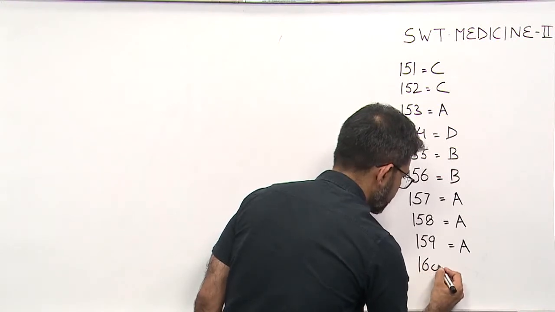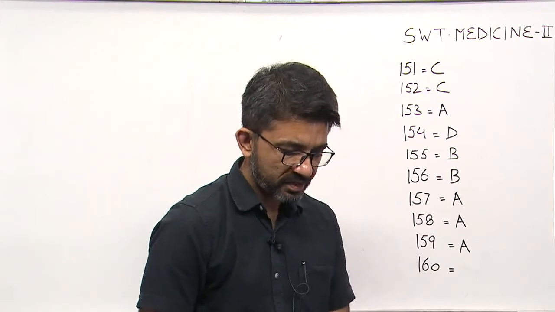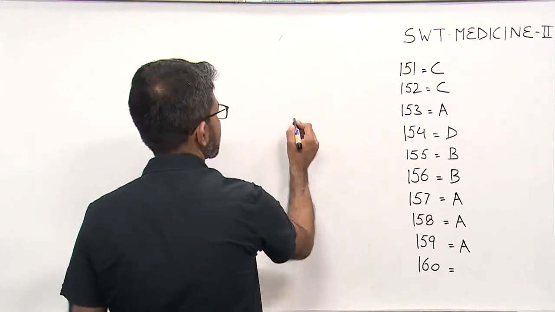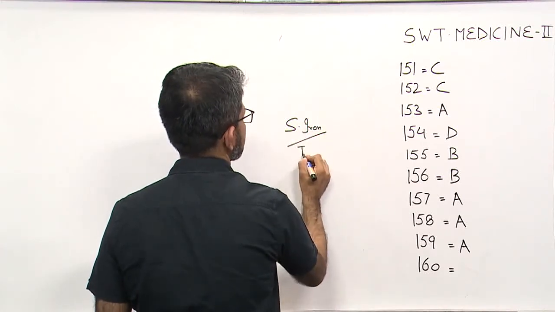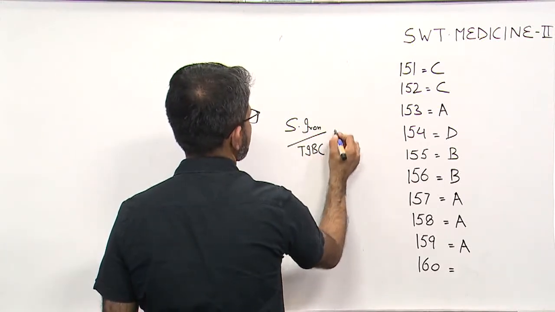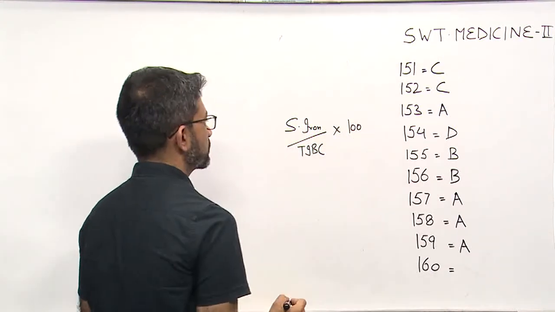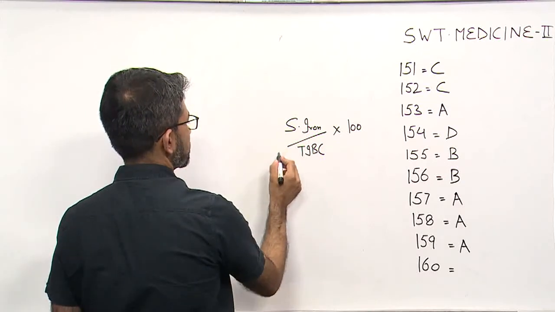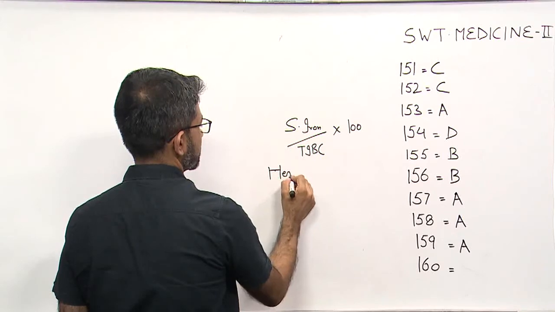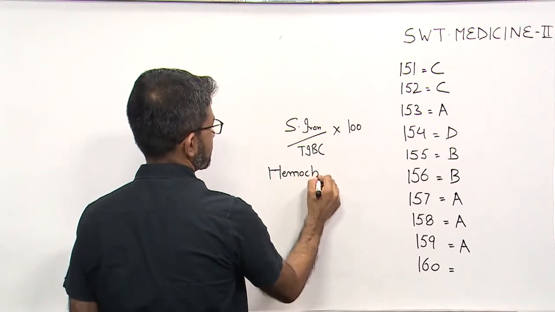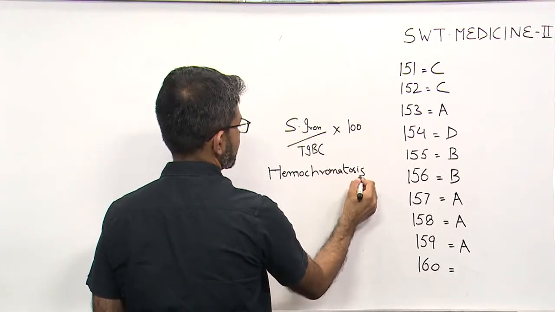Question number 160. Transferrin saturation is serum iron by TIBC into 100. Simple. This helps in differentiating hemochromatosis or other iron overload states